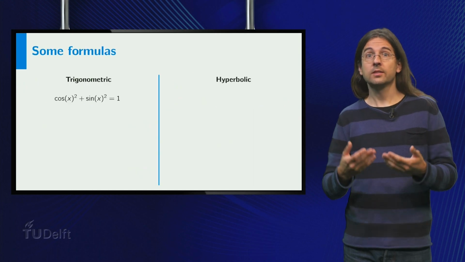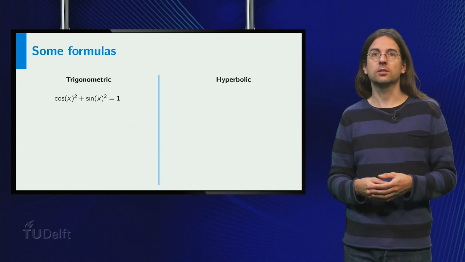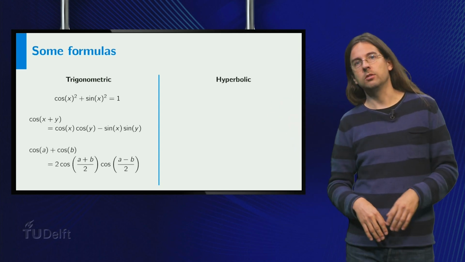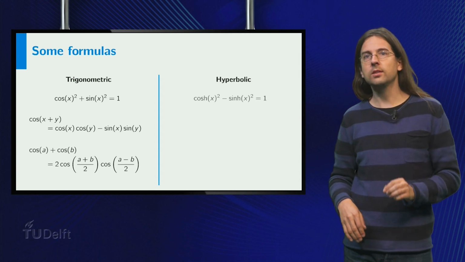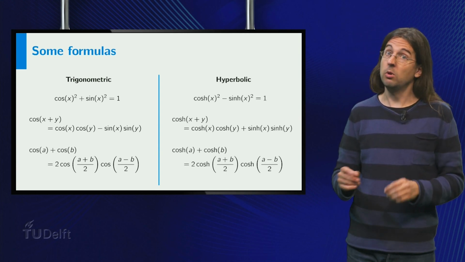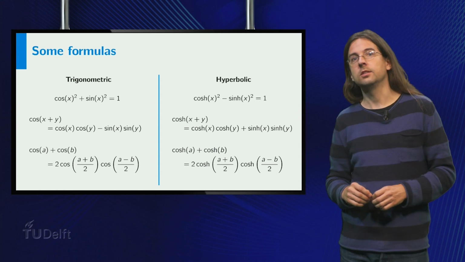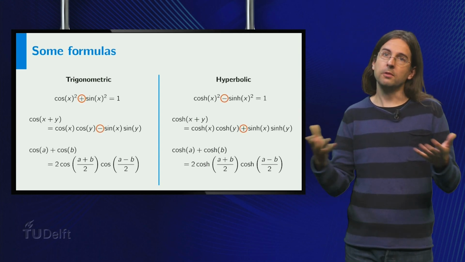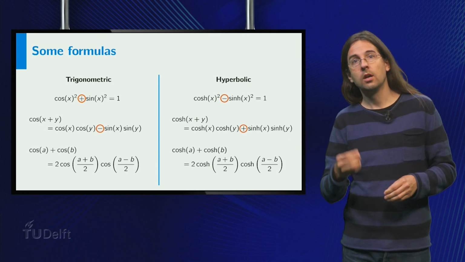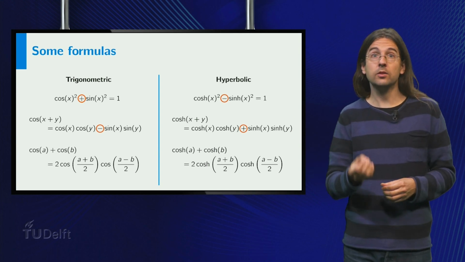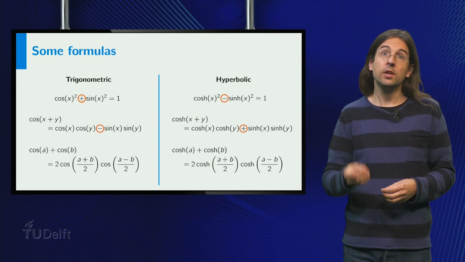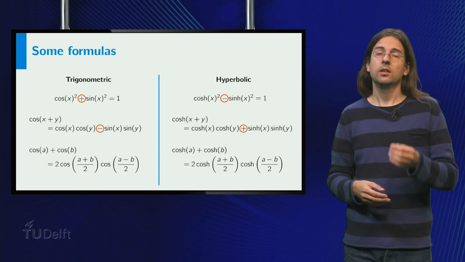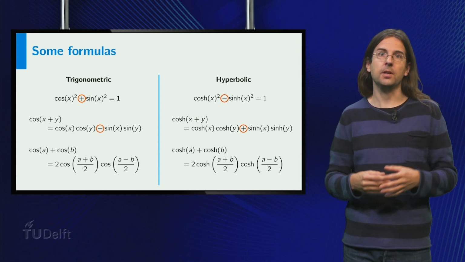The trigonometric functions satisfy many nice relations. Long lists of double angle formulas and other formulas you don't want to remember. All these formulas have hyperbolic analogues. The ones shown here are just for illustration. Notice that sometimes a sign changes in these formulas, but for the rest they are quite similar. Because hyperbolic functions are defined using the exponential function, we can prove the right-hand formulas by just expanding the expressions in exponentials. This is much easier than the proofs of their trigonometric counterparts.